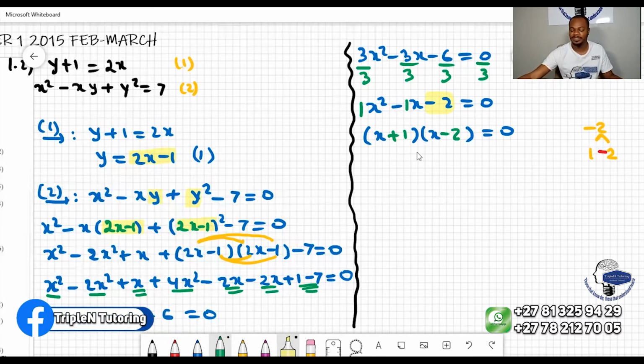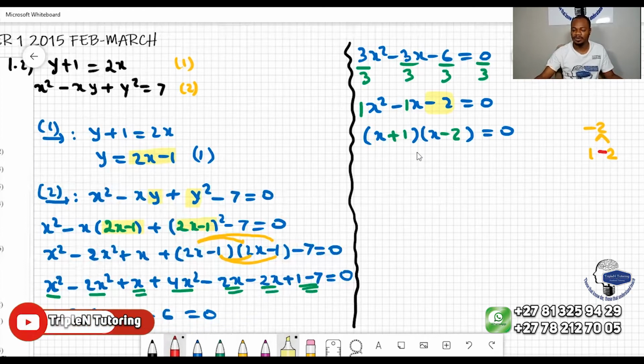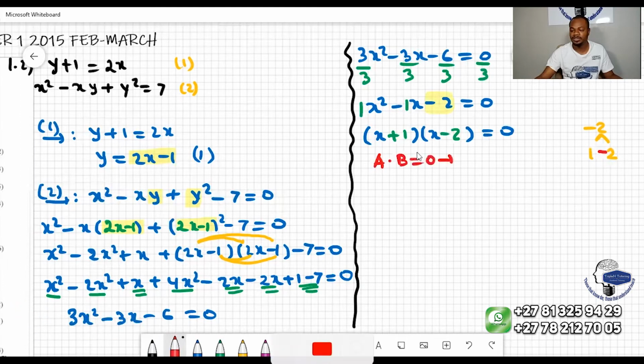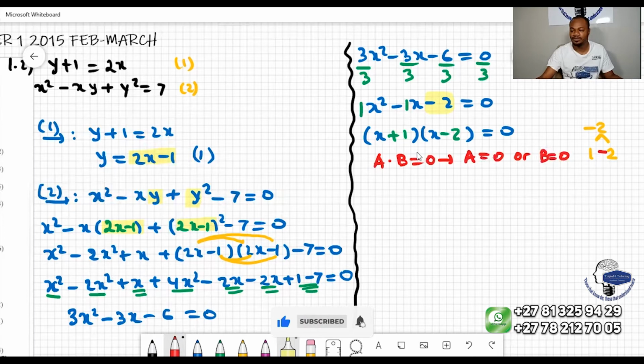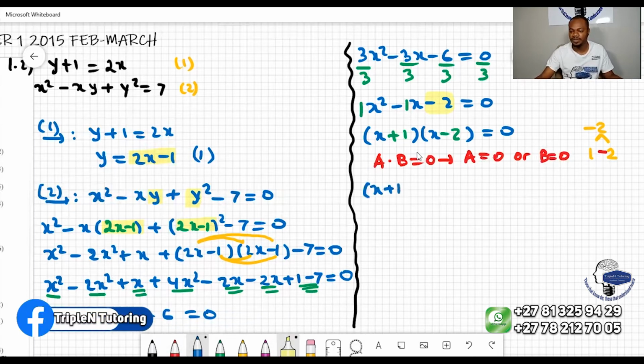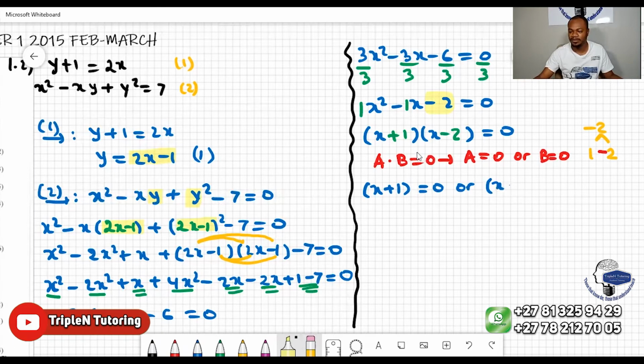So this is correct. According to the law of multiplication, a times b equal to 0 implies that a equals 0 or b equals 0. So we will say x plus 1 equals 0,